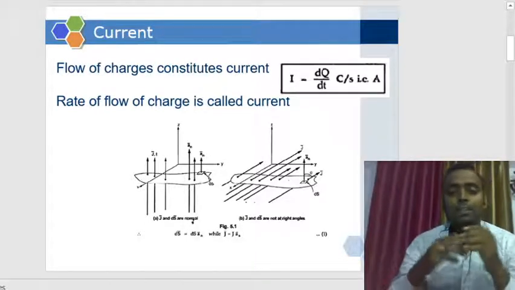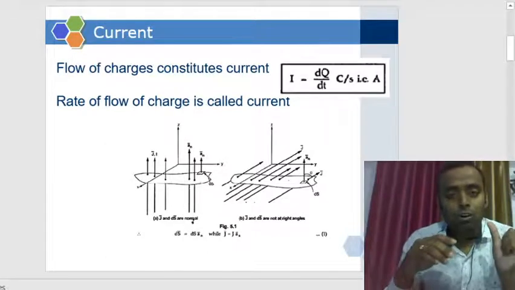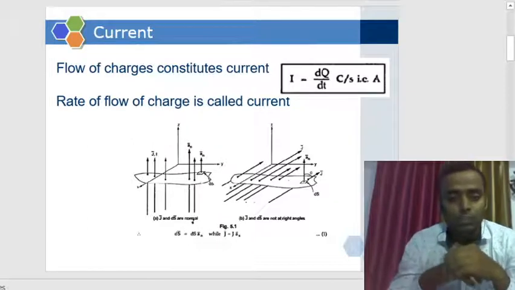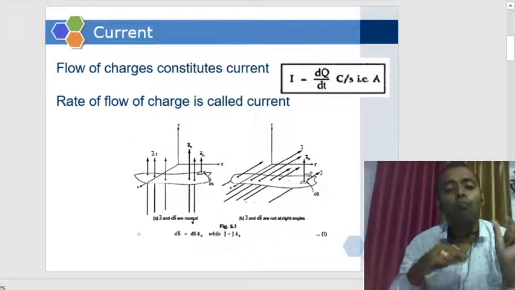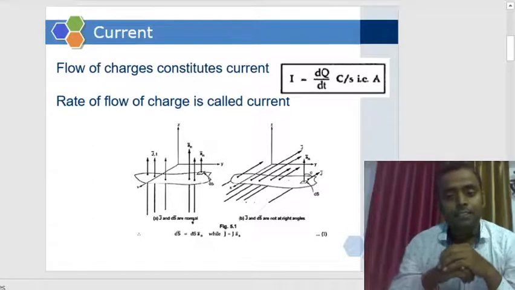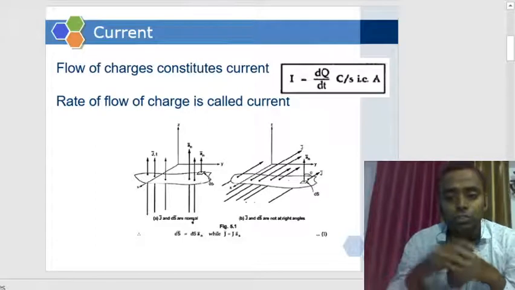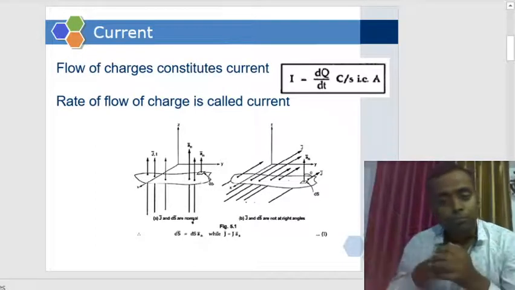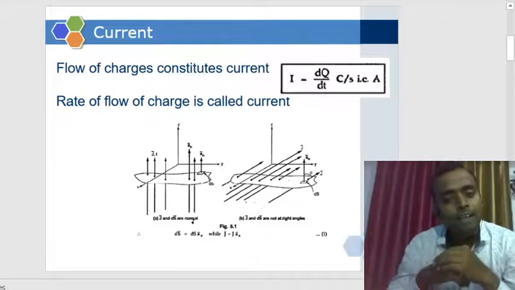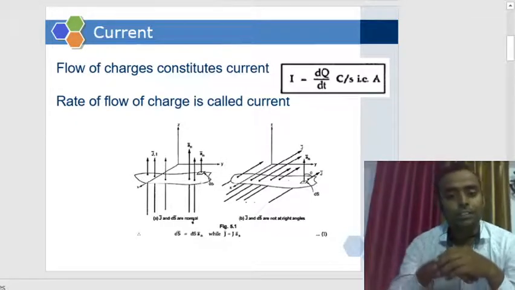I mean, there are various parameters on which this depends, but in a single line definition, what is current? It is the rate of flow of charge, that is dq/dt,